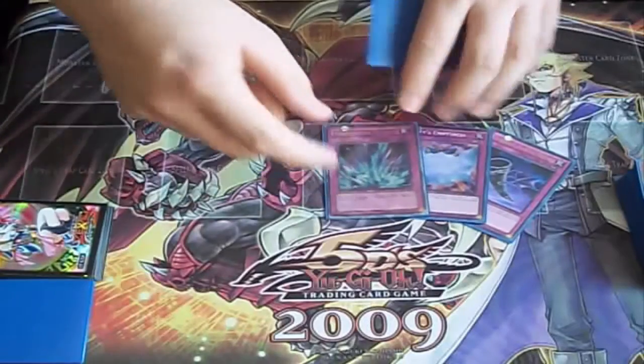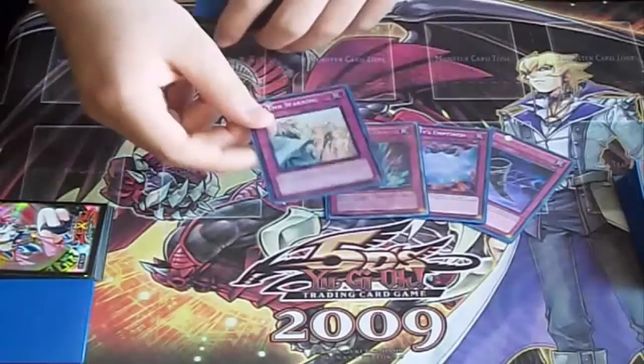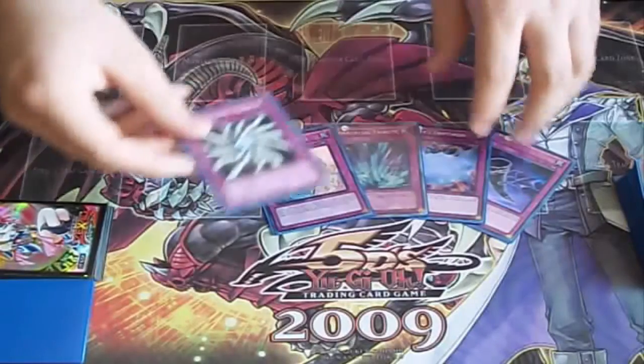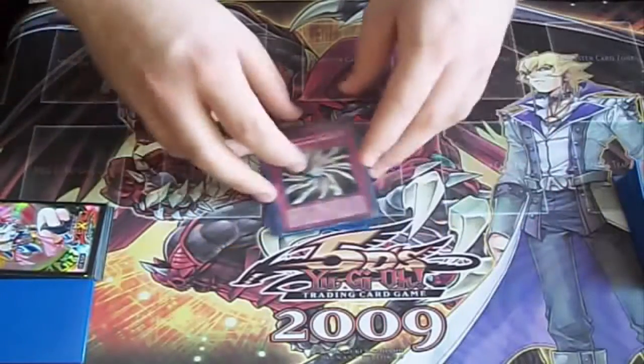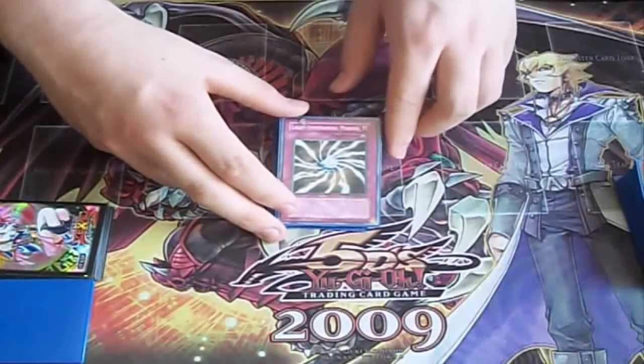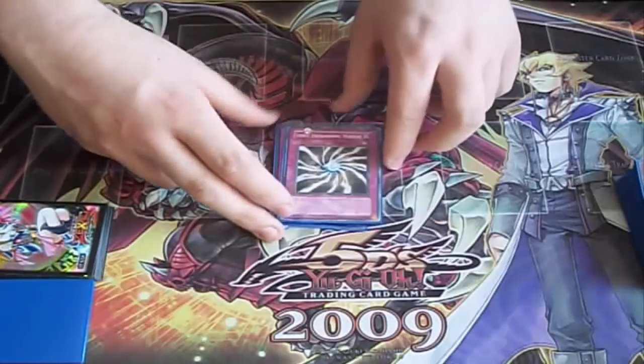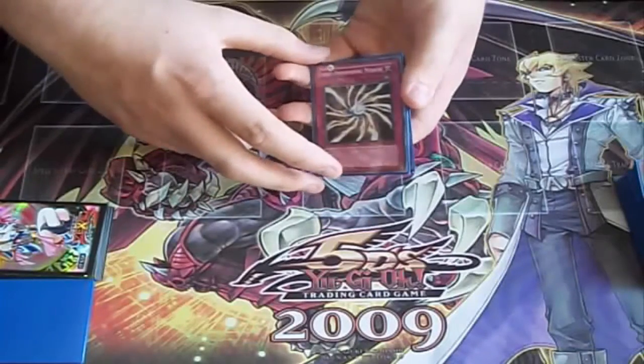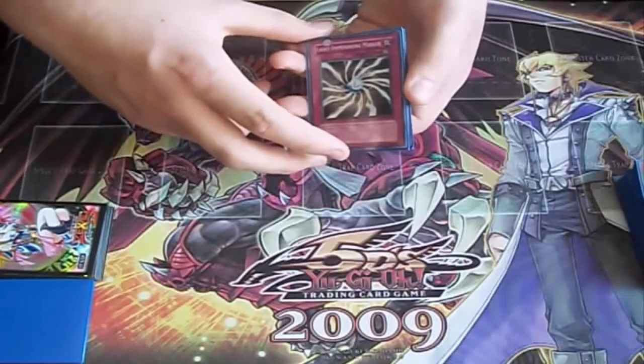And we have the one of Torrential Tribute, the one of Solemn Warning. Both of them did their jobs really well. And one of Light Imprisoned Mirror in the main deck. I got the idea from an Italian chap that I met at the Weiss's Rimini, and his logic was, well, it kills Satellarknights and Cosmo against